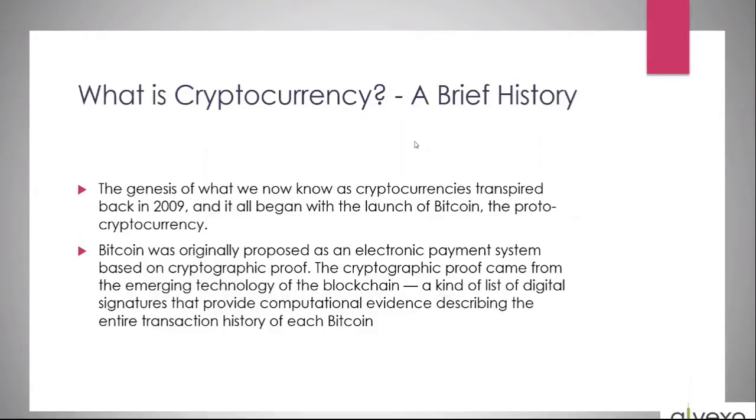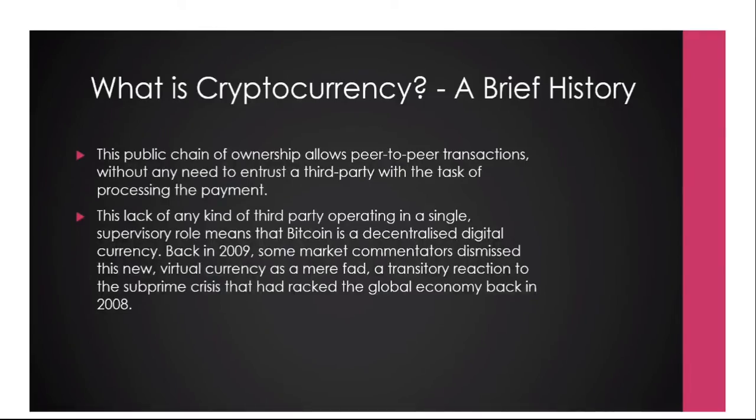Bitcoin was originally proposed as an electronic payment system based on cryptographic proof. The cryptographic proof came from emerging technologies of blockchain. A kind of list of digital signatures provides computational evidence describing the entire transaction of each Bitcoin. The public chain of ownership allows peer-to-peer transactions without any need to entrust a third party with the task of payment processing. This lack of any third party operating in a single supervisory role means that Bitcoin is a decentralized